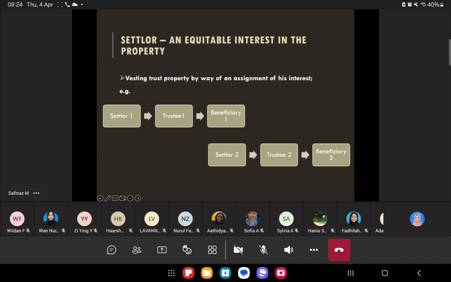Trustee number 2 adalah second trust yang dibuat oleh settlor number 2. Tetapi trustee number 1 dengan number 2 tu could be the same people. Ataupun it can also be trustee number 2 ni could also be